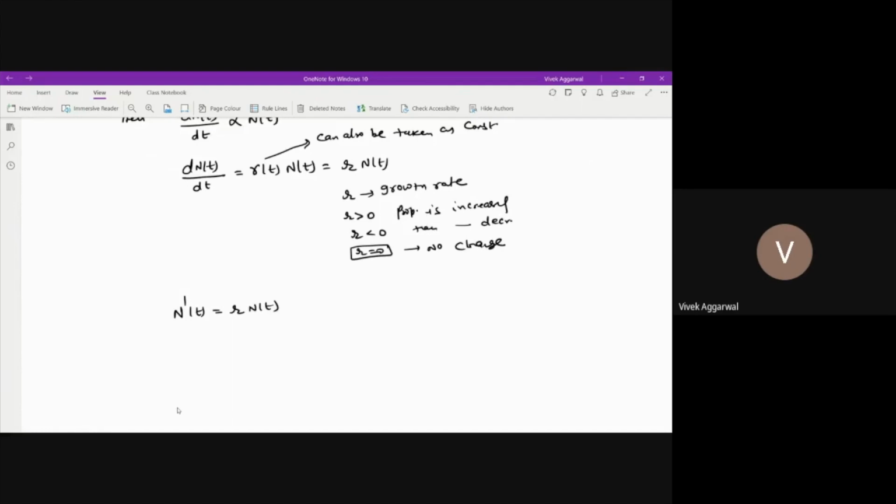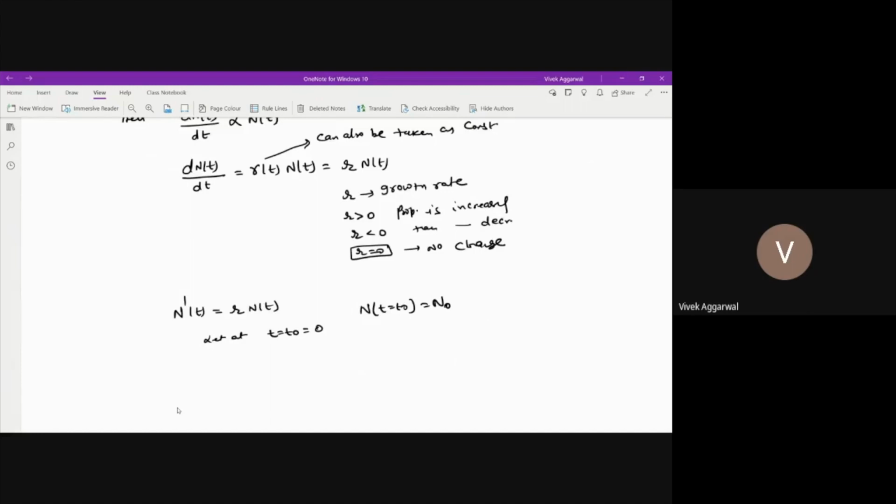Let at t equal to t naught, which is just the initial point, we generally take this as 0, the value be N0. This is the population at time t equal to t0, the moment when we start counting the population.